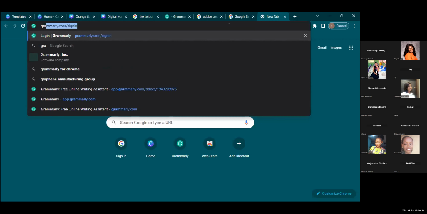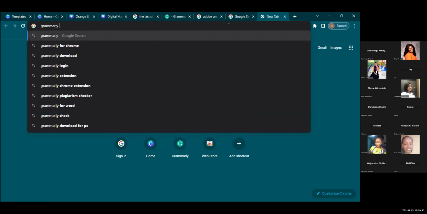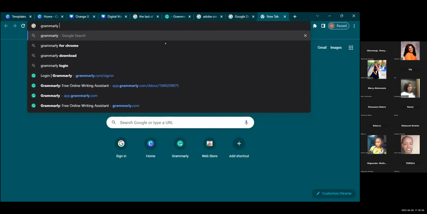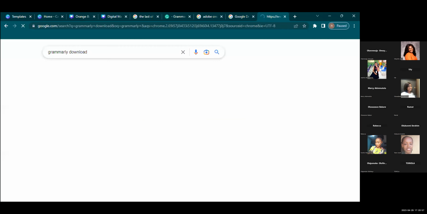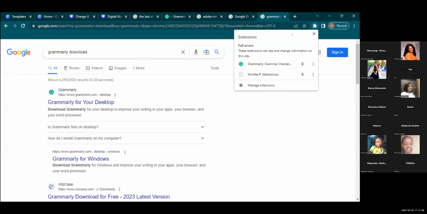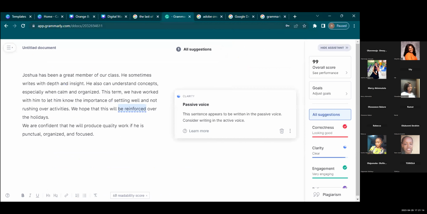Grammarly desktop app. There's, like I said, a Chrome extension. Grammarly download. So you have your desktop app, okay? So you can download it for your desktop, or you can add it as the extension, like we did when we added it as the extension, or you go to the website. So the website is